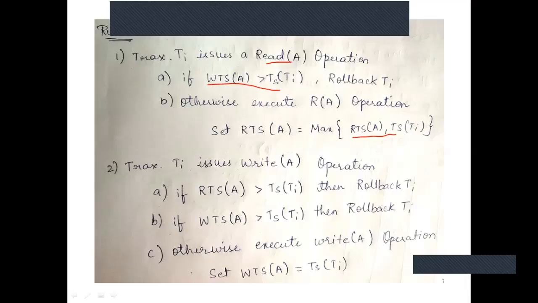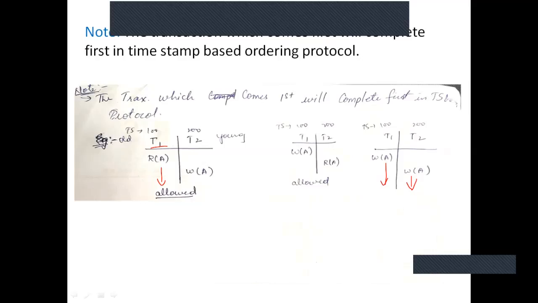If it is a write, then what are the conflicts for write? Both read and write. If any of these conditions is satisfied, then roll back. Else, the current transaction which is executing, its timestamp should be set to the write timestamp. And we have seen the examples. We have seen the basic condition of timestamp: the older transaction which starts executing should end its execution first. Then only the younger transaction should do so, let it be any conflict, where it is read-write, write-read, or write-write.